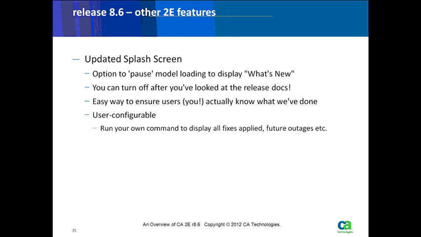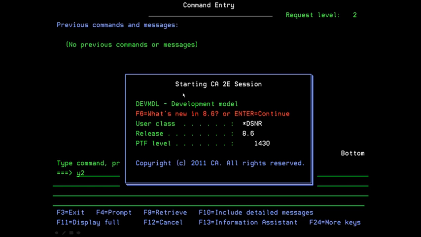You can then turn it off, so it goes back to the way it used to be, where it doesn't pause on that screen. But because it's totally user configurable, you can, for instance, in your shop say, okay, maybe we've made a change to some other feature on the system. Let me just set that flag back to 0, and all my developers, when they go in there and start using TOE model, effectively, they will get this.